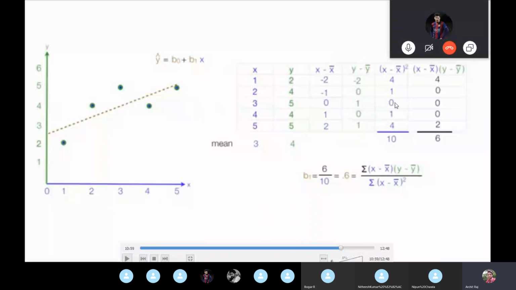And what exactly did we divide? The summation of all the points. So we'll have a summation sign at the start of that. Now, what happens? We found out b1. Now we have to find out b naught. How do we find it? We know that we have b1. We only want one exact value of y hat, which is the